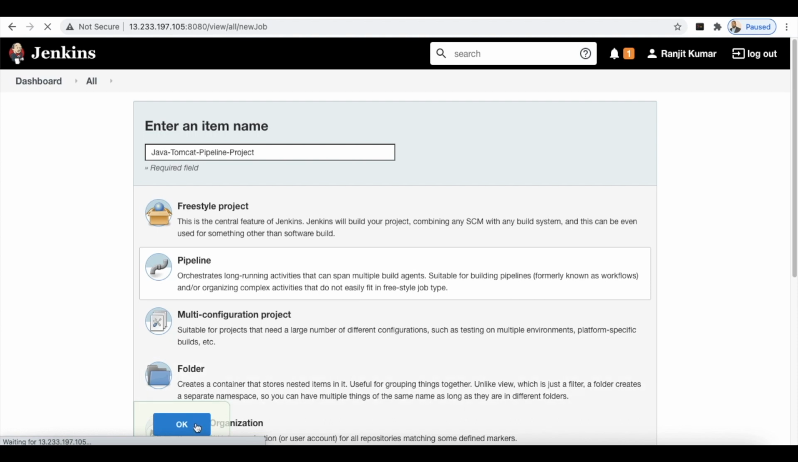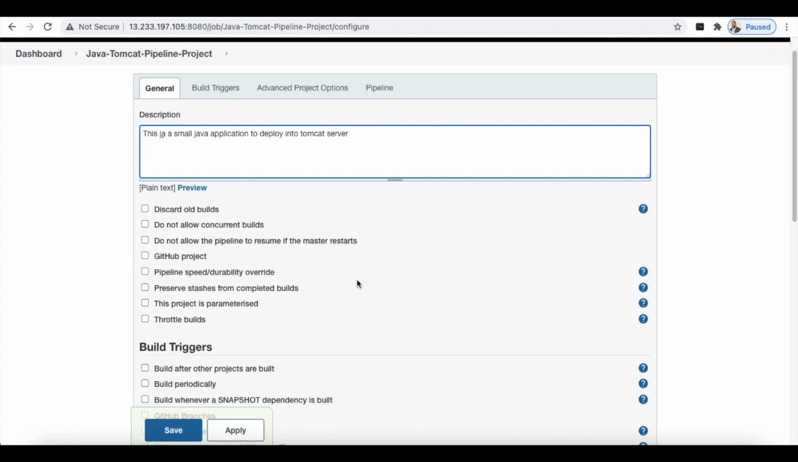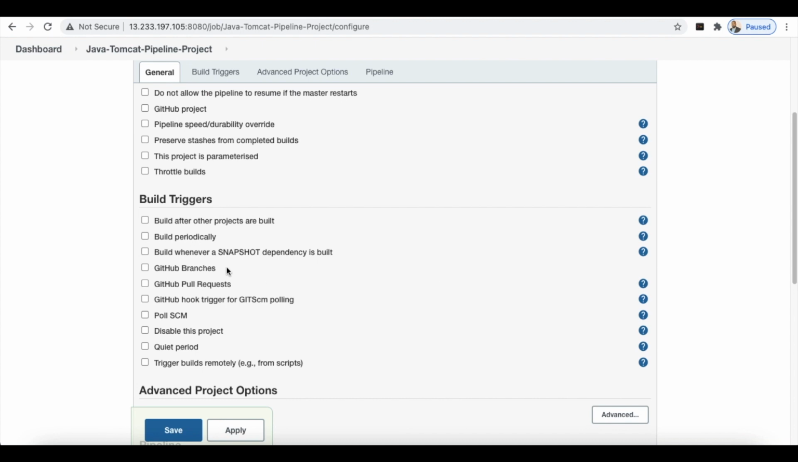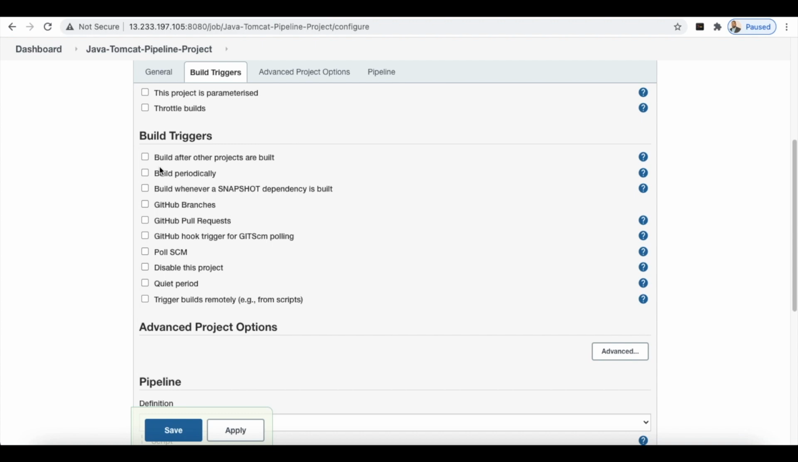So as soon as you click on OK, it will give you the dashboard where you can set up the entire project. So here is the general tab. In general tab, just give the description. So we can give like this. Now we don't have to do anything. Simply just come to here build triggers. Okay, come to this build triggers, and here in this build triggers, we can see we have various options to choose. Whether you can set up poll SCM or GitHub pull request, GitHub branches, and all these options you can set up. Or